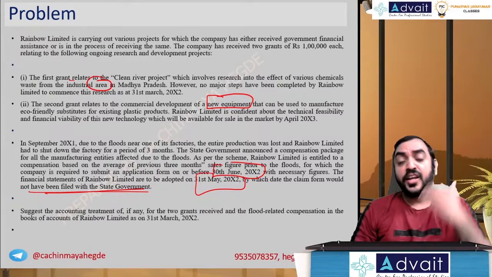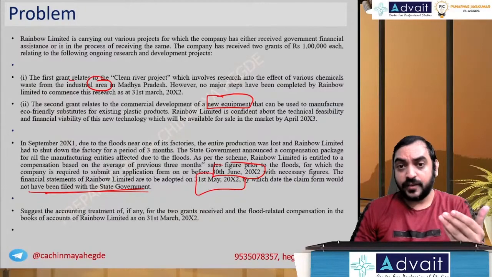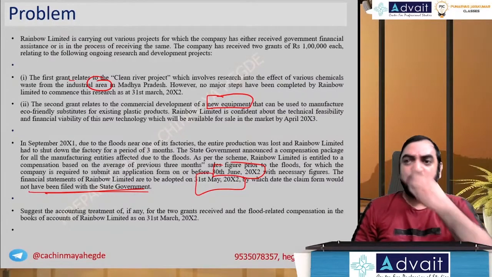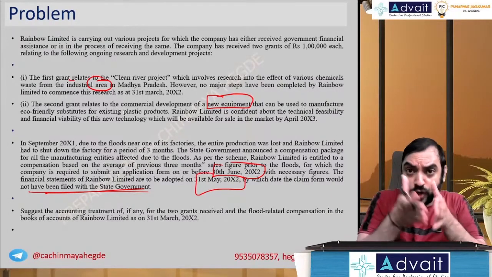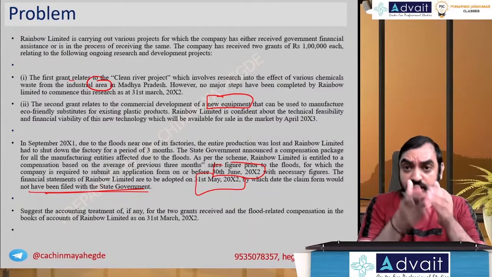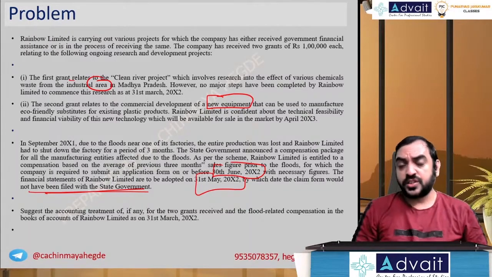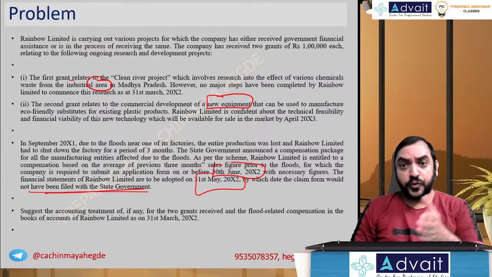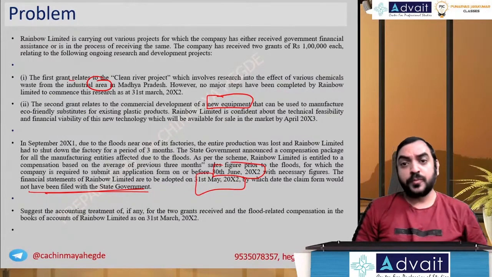You understand, right? For you to get the benefit of grant, you have to file the form. I know time is there till 30th of June. That is for legal compliance. That's for eligibility. But for accounting purpose, the status of grant as of the 31st of March, condition existing on the 31st of March, should be confirmed by the event before approval of accounts, before the balance sheet approval. Before the 31st of May, you have not filed the form, you have not got the confirmation yet.